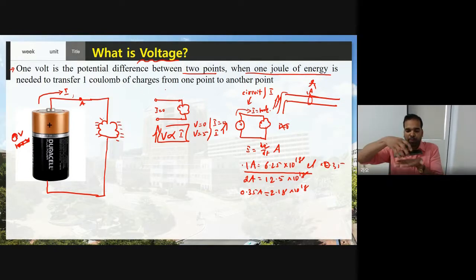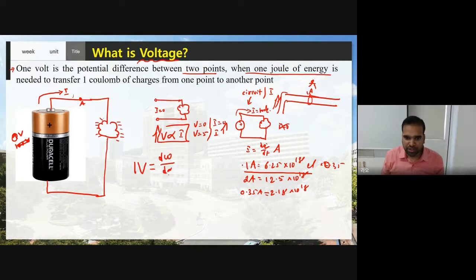Suppose I have an object here, and I want to move this object from place A to place B. I need to use what? I need to use energy. If I use my energy, then this object will move from here to there. If I use high energy, what happened? This mobile will go very fast. Now, here I am using 1 volt is the potential difference between 2 points, and that is equal to